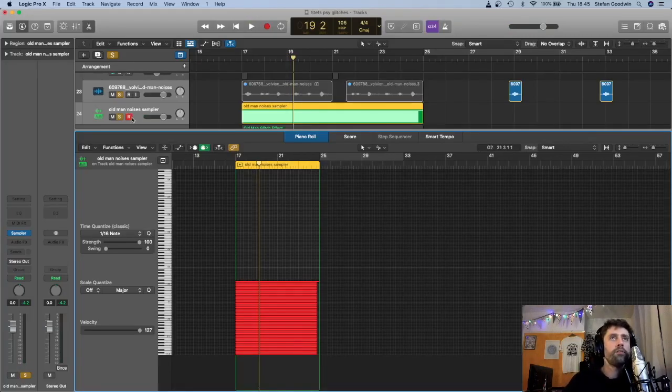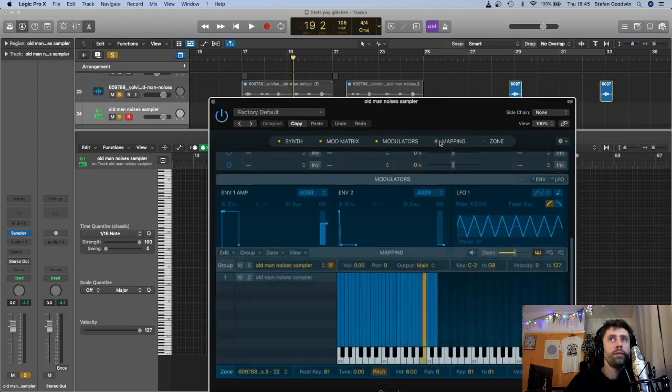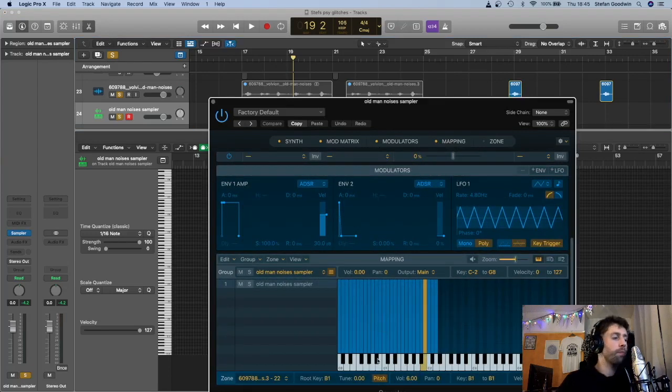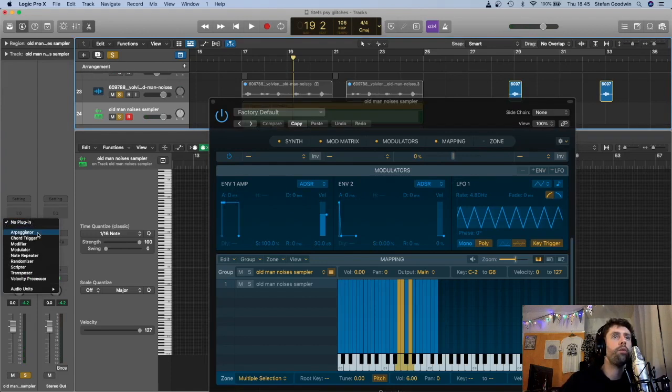Okay, so then everything's in there. So if we go into the sampler and we open up mapping, which we want to turn on, you can see they're mapped across the keyboard, which is lovely. So now we're going to go into our MIDI effects and we're going to grab an arpeggiator